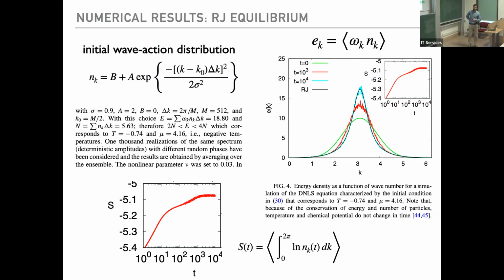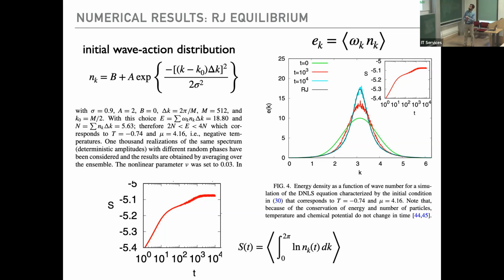Okay, so what is the spectrum that we started with? It's some kind of Gaussian spectrum that is plotted in here in green, which is already peaked around the wave number k equal to π, so the most energetic wave number. And this is because in order to realize negative temperature, we need to have a very energetic system. Okay. So we start with this system here, taking 1,000 realizations with different phases corresponding to this wave mode, let the system go, and then do some averages.